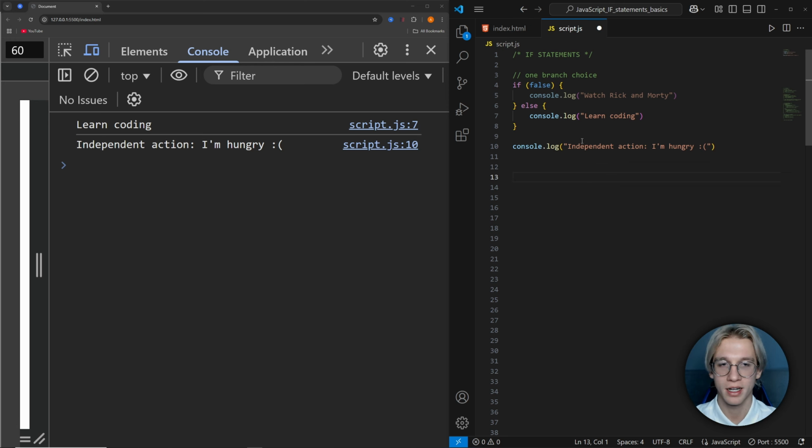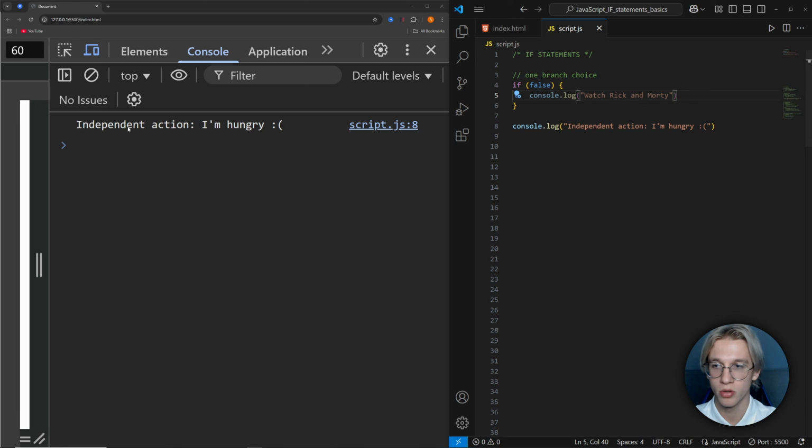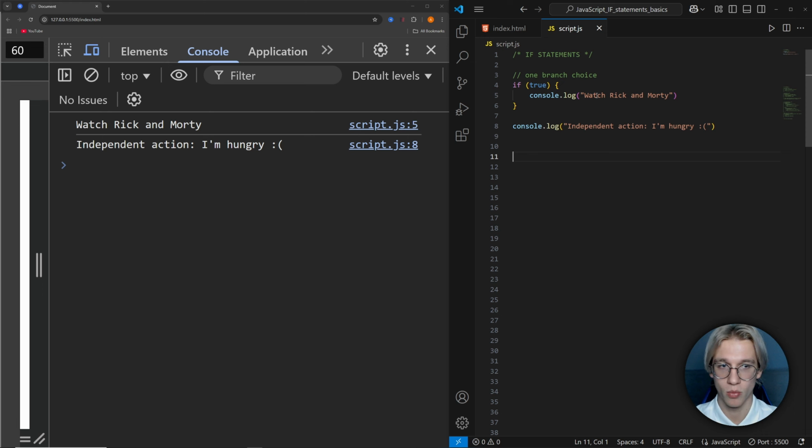One more note, actually the else statement is optional. So I can delete this. And now you see my choice is false. If I save the file, I don't see the line console log watch Rick and Morty. I see only my independent action. If I put true, now I see my line watch Rick and Morty. But again, if we have false